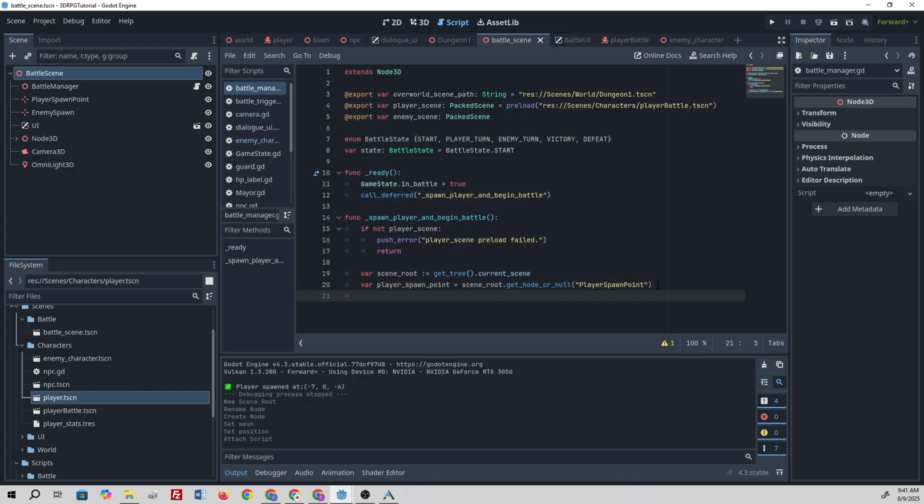Alright, from there, what we're going to end up doing is, right there, and what we're gonna do is we want if not player spawn point, and we're gonna push an error so we know that it's an error. There's something going on. Otherwise,